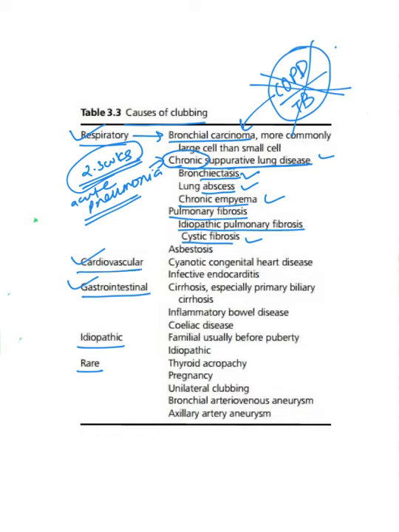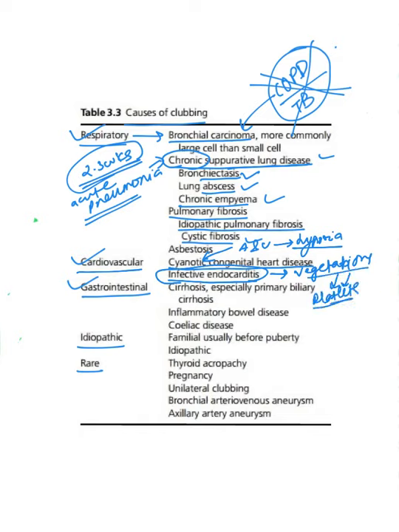So coming to cardiovascular causes of clubbing, the most important ones here are cyanotic congenital heart disease and infective endocarditis. In cyanotic congenital heart disease, as the name suggests, there is mixing of arterial and venous blood, and this leads to hypoxia in the body, and that's how clubbing occurs. In infective endocarditis, there is formation of vegetations on the valves of the heart, composed of platelet clumps, and sometimes these platelet clumps are dislodged into the circulation and get impacted in the fingertip, and that's how they can cause clubbing.